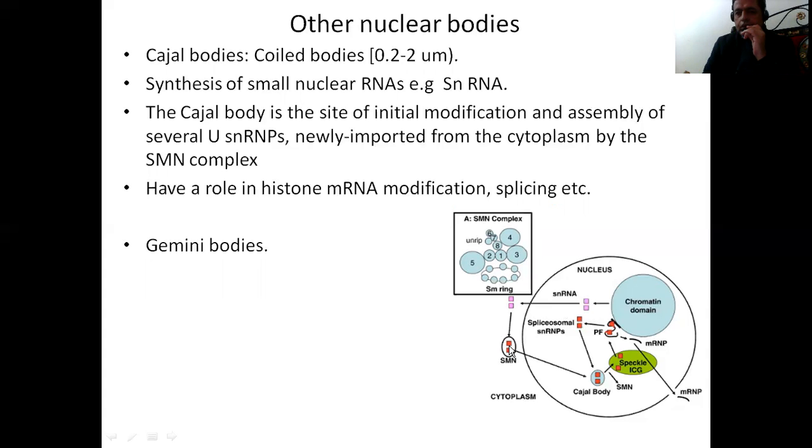And this SMN again enters into the nucleus, and inside the Cajal bodies, snRNP and SMN join together, and then they are transferred. The snRNPs join them, and then they travel to the speckle, which is a place where other splicing machinery